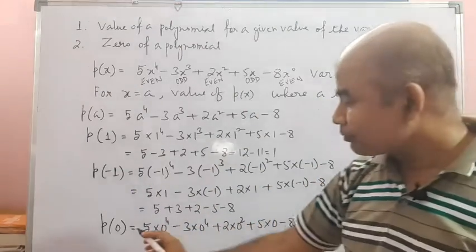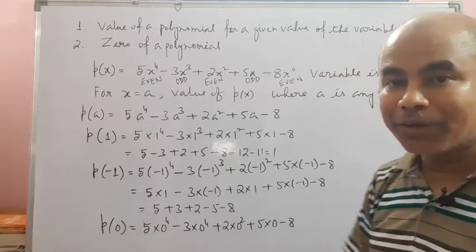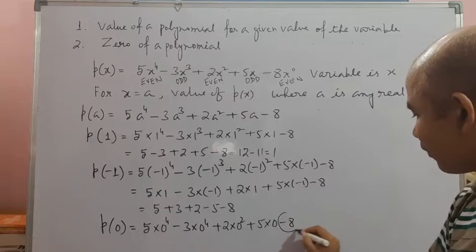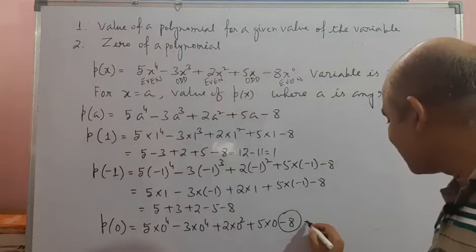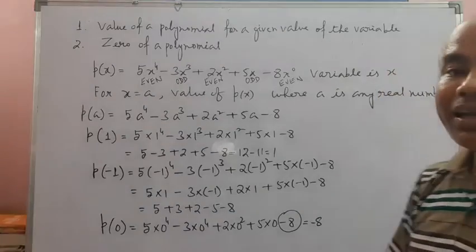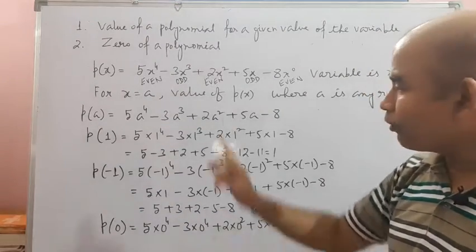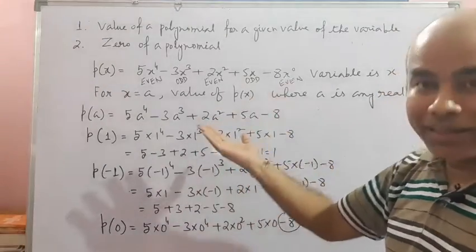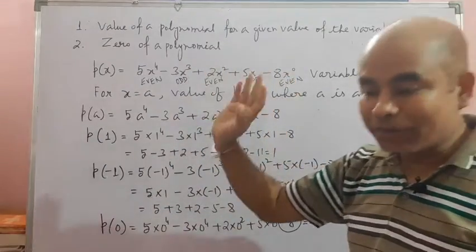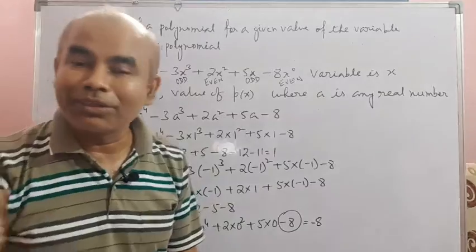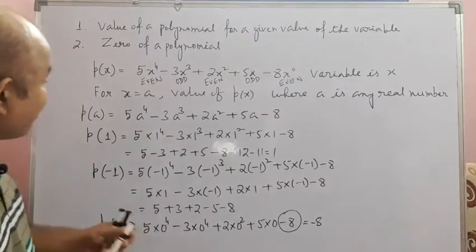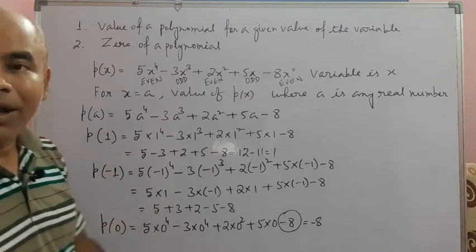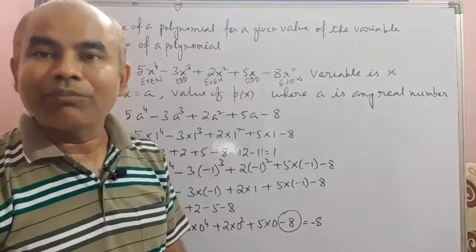And lastly, when you put x is equal to 0, that means variable equal to 0, what do you have? These things all are 0, only you have the constant term minus 8. Your answer is, in that case, whatever the constant term is, that will be the answer, that means minus 8. For 1, minus 1 and 0, we can remember this directly. If it is other than that, and if the variable is suppose not x, some other variable, it is not like that always it will be x, it can be some other variable also. And in place of the variable, it is not necessary that always you have to put 1, minus 1 and 0, you may be asked to put some other values also. So let us discuss one more example.